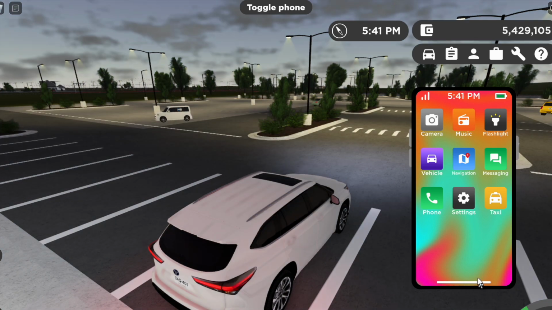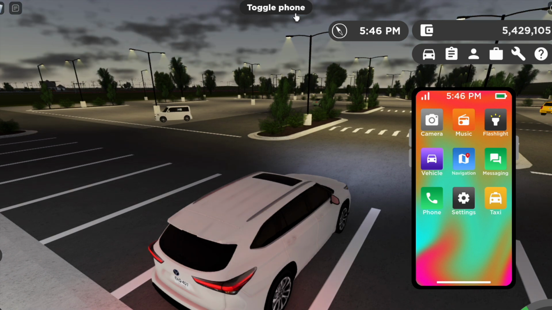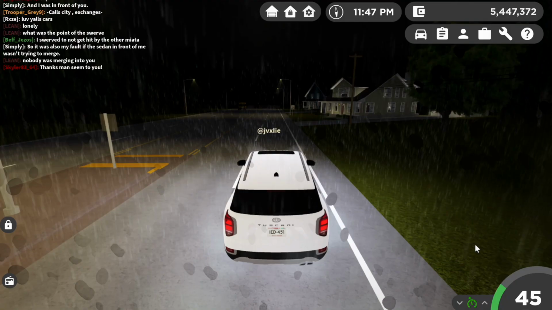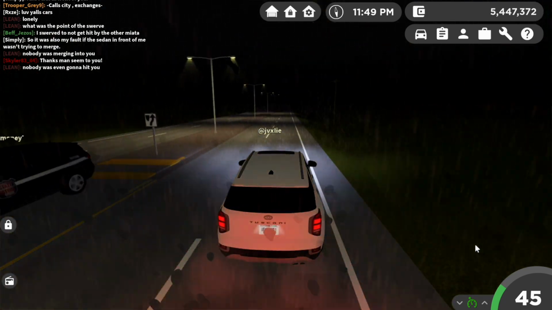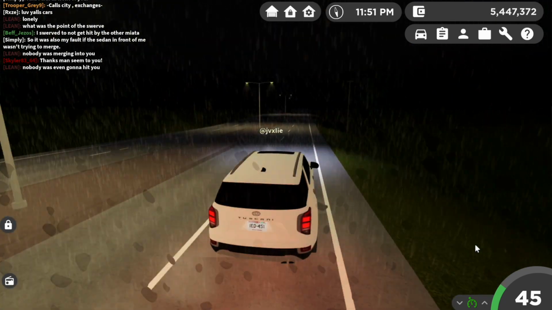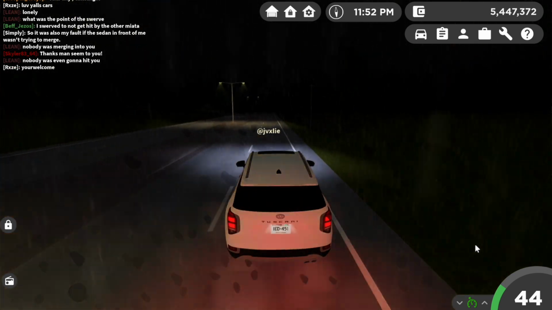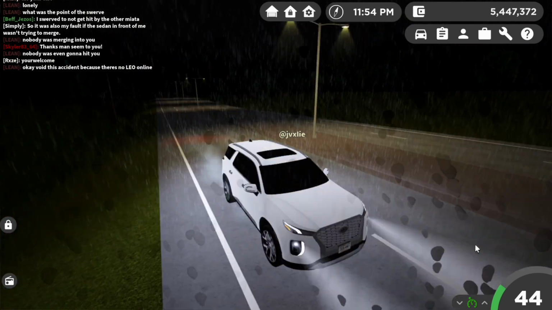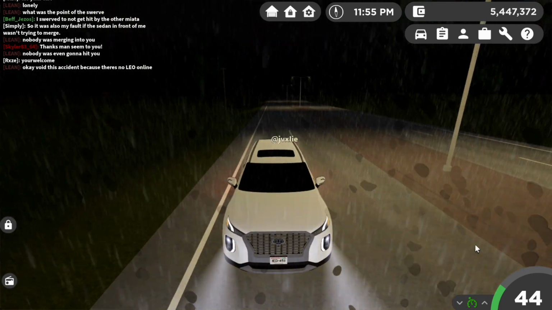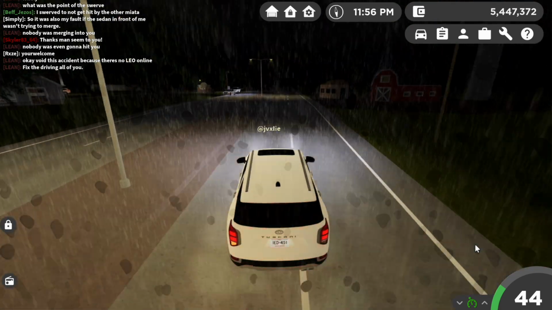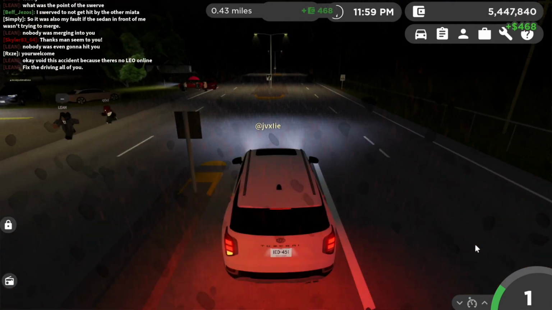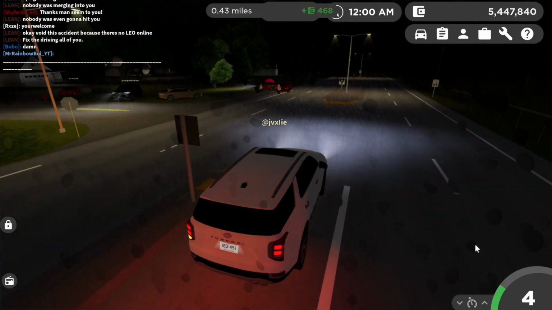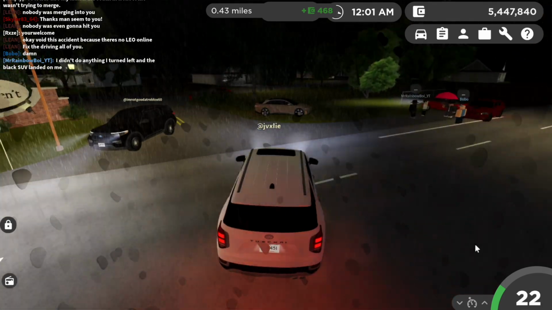If you are new to Greenville and you're always playing in a public server, there are roleplay servers that you can join. You'll be able to follow the road laws and drive. Maybe there will be special role plays for you to join. So if you don't always feel like playing in a public server where there might be bad drivers, you can join a roleplay server. And normally in roleplay servers, there's good drivers. So it's more realistic to play in a roleplay server than in a public server. So you also have that option. I do have a video about that on my channel.